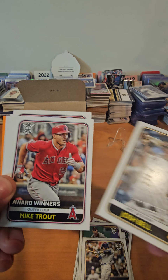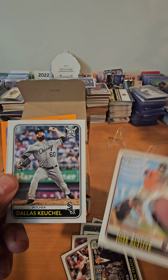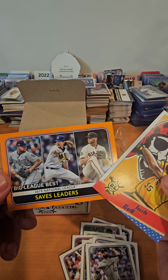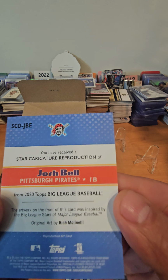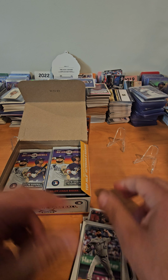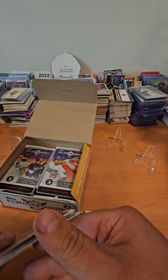Ryan Braun, Josh Bell, Mike Trout, Freeman, Gregorius, Yelich, Altuve, Dallas. There's a Josh Bell on a something. And behind that, on the orange, saves leaders. Yates, Hader, and Smith. Okay. This is a star character reproduction. That'd be a cool one if they make one of Ohtani. These boxes were on the cheaper side of the 2020 boxes, so...